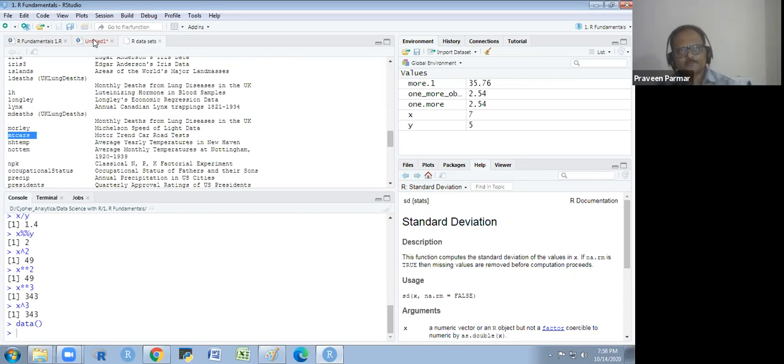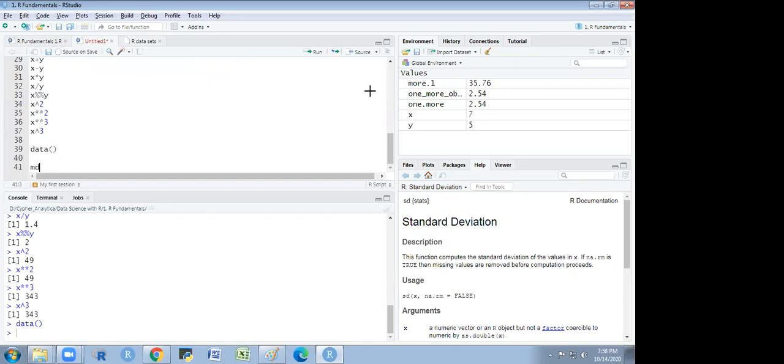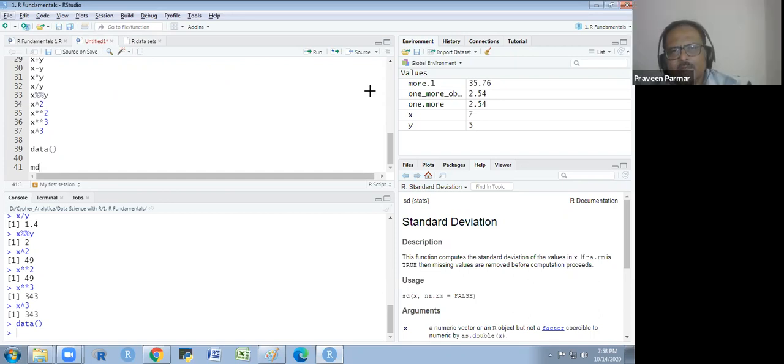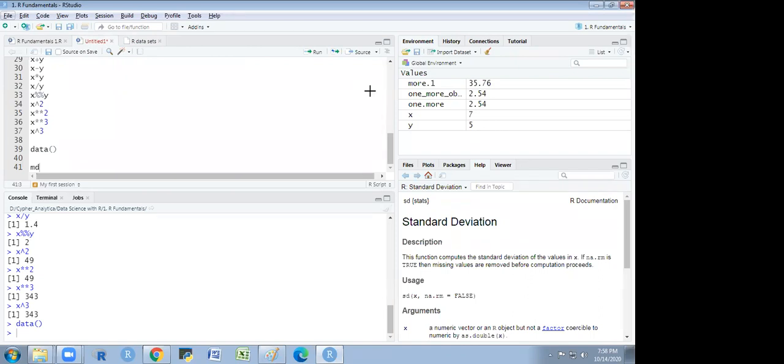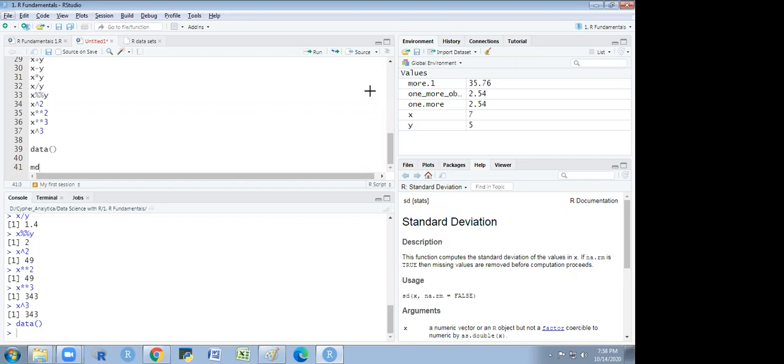Okay. So I am giving a name to this data set, that is MD. Can you repeat what you said? Every vector in a data frame is a column. Every vector is a column in a data frame. And every column is a vector, we could say that in a data frame. Whatever columns you have in the data frame, they are all vectors. Understand? Okay, every column in a data frame is a vector, right?